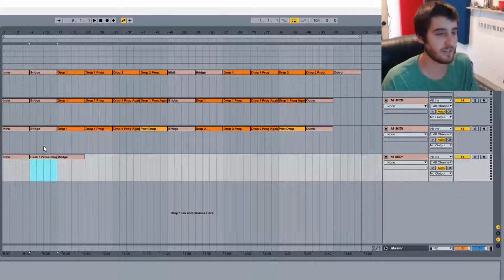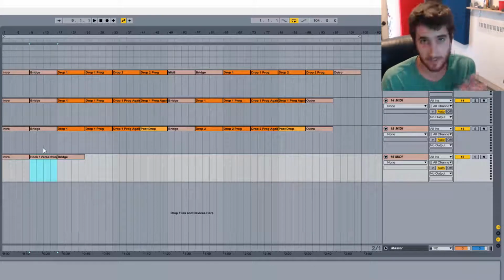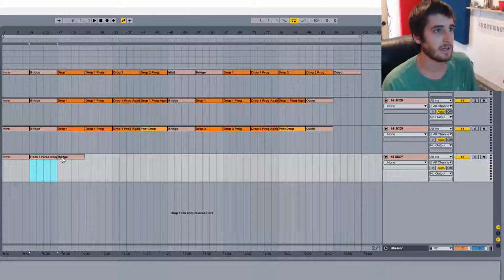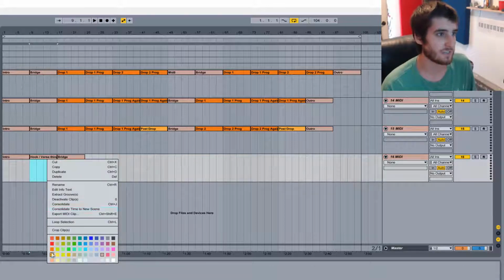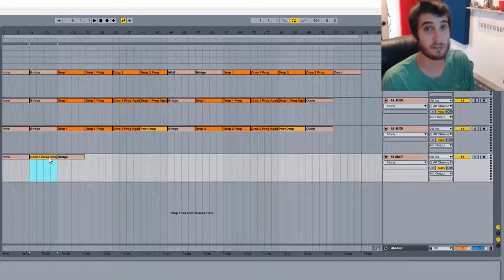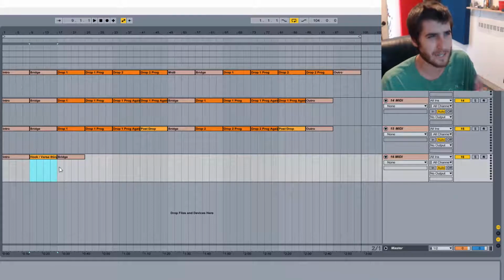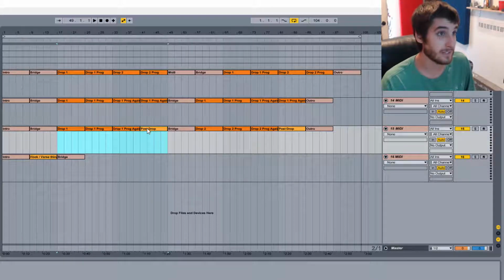I usually just call it the hook because it hooks the listener in to actually listen to the rest of your song. So then you got the bridge. We'll label this like the post drop because it's not. And the post drop could very well be the exact same thing as this hook verse thing. So you want something minimal and catchy and dancey, but not so heavy like the drop. And then the bridge,